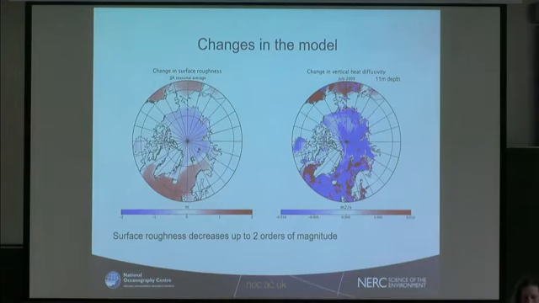So, things that we directly change in the model. Looking at the Arctic, the first thing we change is just surface roughness. You see under the sea ice cover it's decreased now because waves are attenuated. Outside of sea ice cover there's some increase because we also account for part of the swell. It's not only wind waves. Then what happens is that our turbulent diffusivities are lower under the sea ice cover because we decrease the mixing.